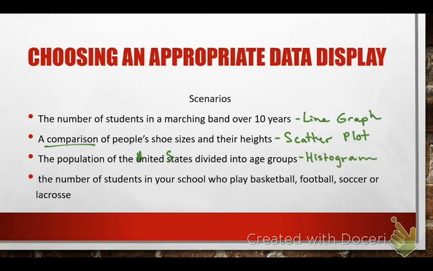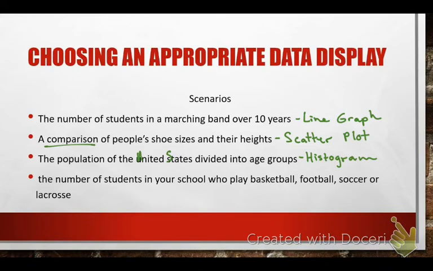Okay? All right, what about the number of students in your school who play basketball, football, soccer, or lacrosse? The number. Pictograph is going to be if it said sets of or groups of so many. Bar graph is your categories. This is just straight up categories: basketball, football, soccer, lacrosse. You could make an argument for the circle graph, but here's why circle graph is not